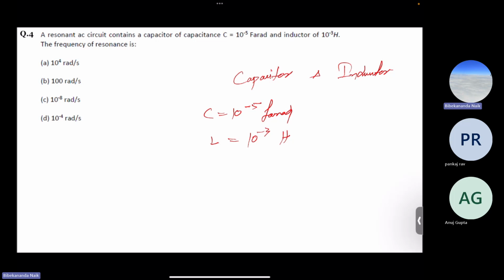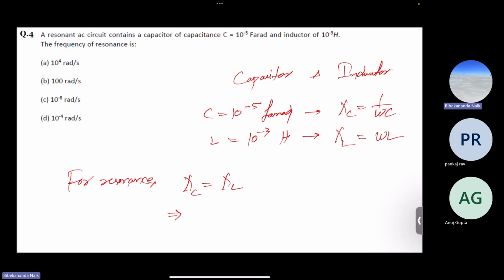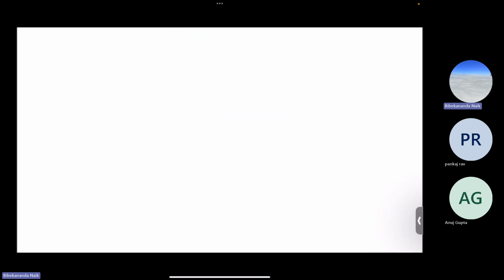Now for resonance, we know for capacitance it is Xc, which is 1 by omega C. For inductance it is XL, the impedance, which is omega L. So for resonance, Xc equal to XL, that implies 1 by omega C equals omega L, that implies omega square equals 1 by LC, or we get omega is equal to 1 by root over of LC,